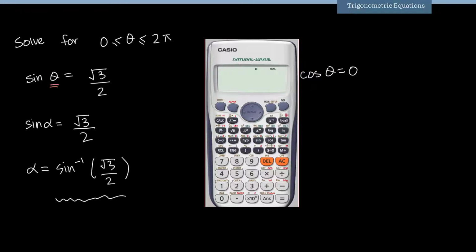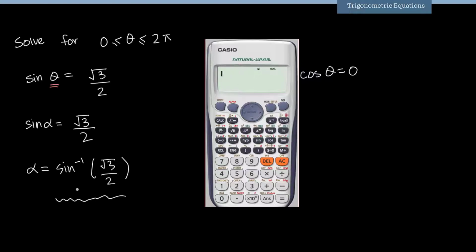But whenever we are finding angles in radians, like over here I need the angles from 0 to 2 pi radians, I need to put my calculator in the radian mode. You can see that there's a small d over here which indicates that the calculator is in degree mode. So I need to change this into radian mode. For this calculator, I'm going to press shift and then mode and then press 4 for radian mode. So 4, and now I have the radian mode.